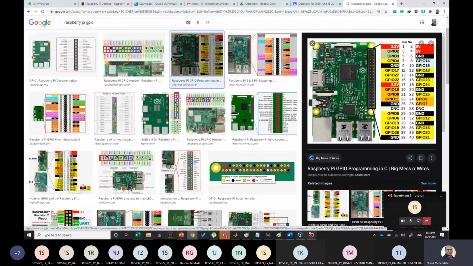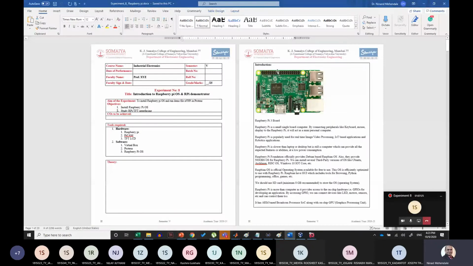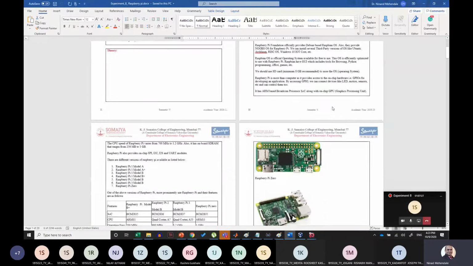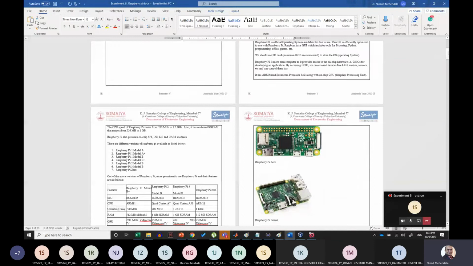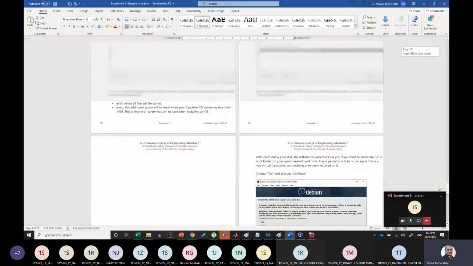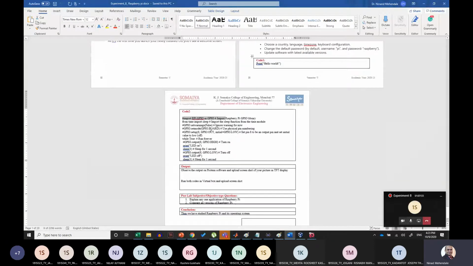Now, when you say import RPi.GPIO in the code, it will select that particular mode of your Raspberry Pi, and then we have to connect some LED or something like that to the pin. I guess it is connected at pin number 8. Yeah. So basically, the LED is connected at pin number 8, and that's why you get the LED blinking on pin number 8.